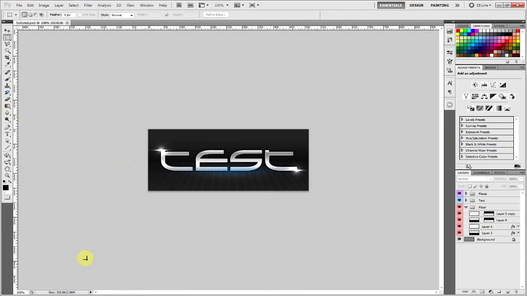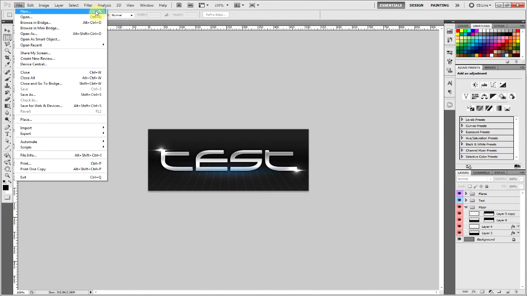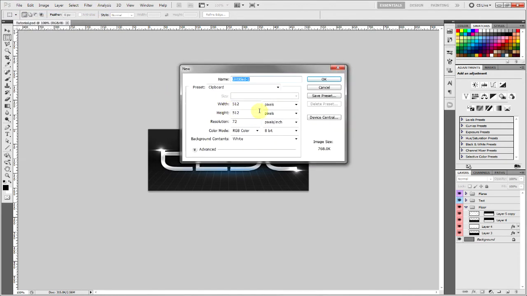So first of all, we're going to want to create a new image. So File, New, or as the shortcut says, Control N, or Command N if you're on Mac. Width, I'll say 512, and height will be 256. Resolution you can leave at 72, but